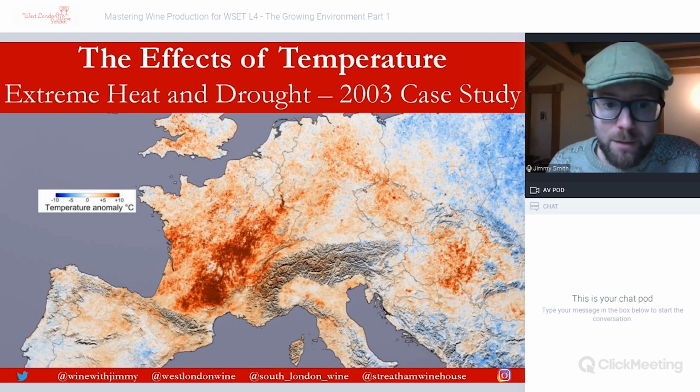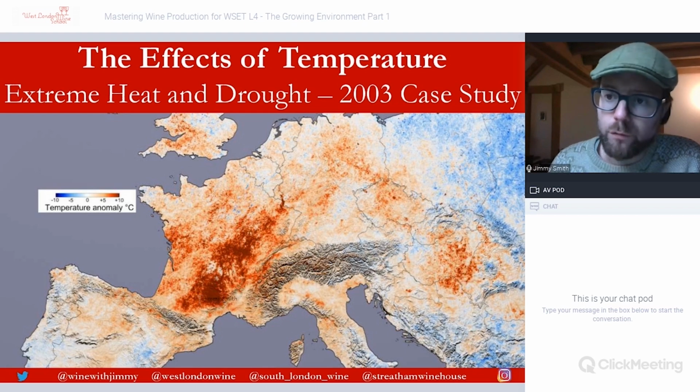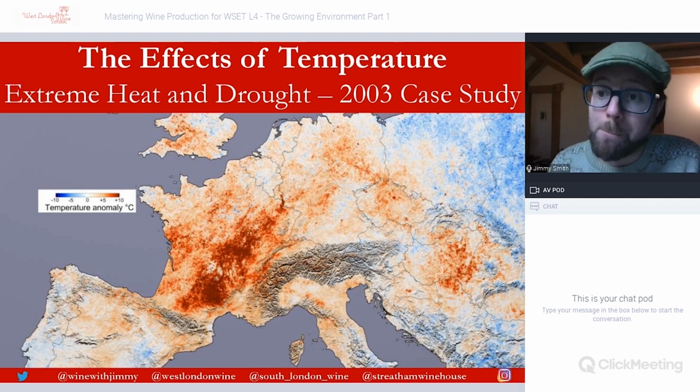And you'll see in many parts of South France, which is just north of Languedoc, in the southwest of France, and towards Bordeaux, up towards the Gironde, the anomaly is normally somewhere between maybe 3 degrees Celsius up to, in some areas, 10 degrees Celsius above the mean, the average per year. So